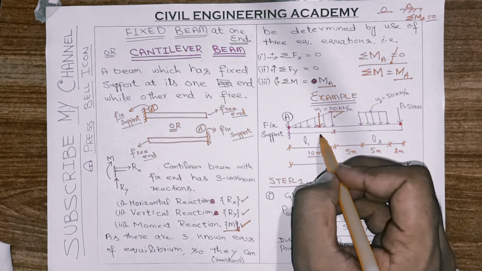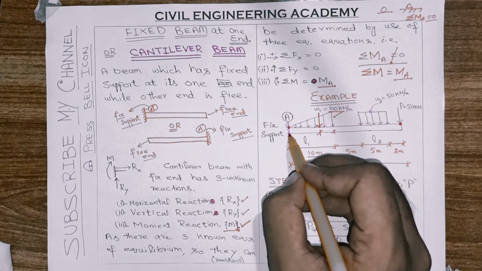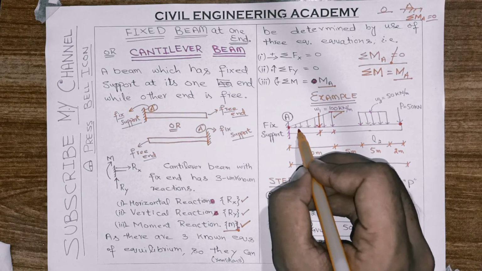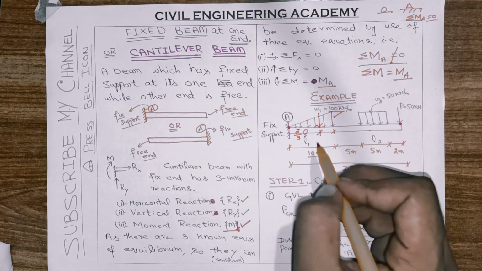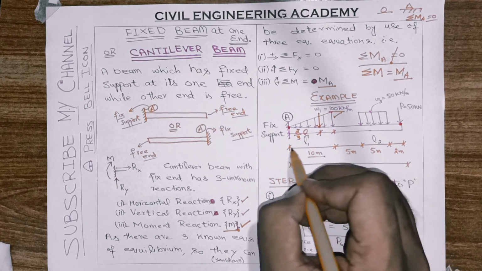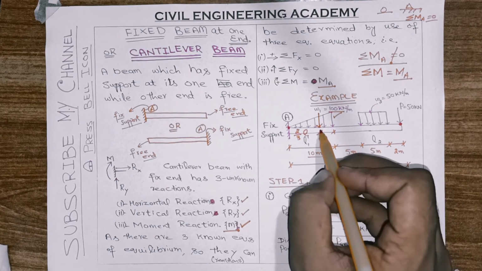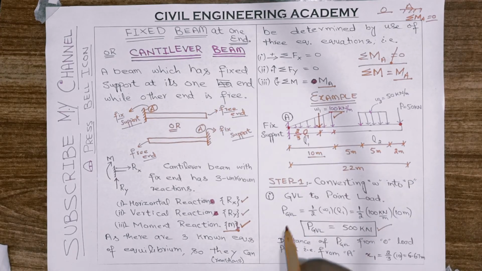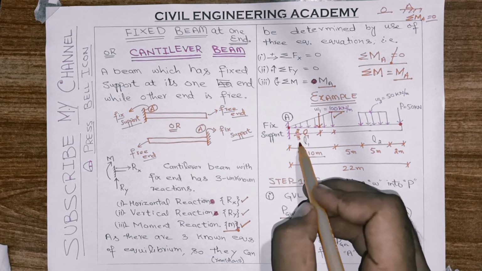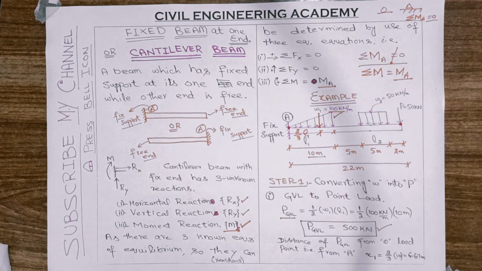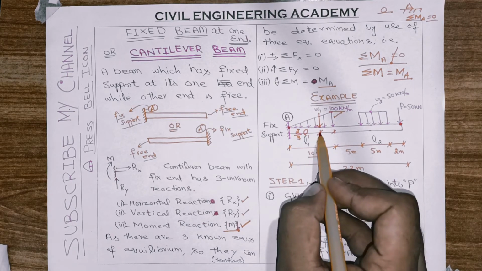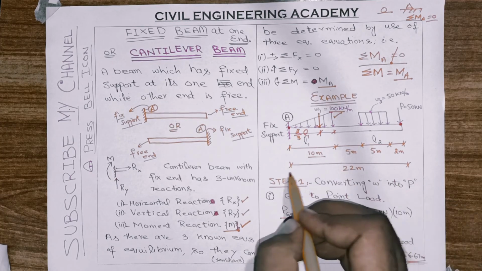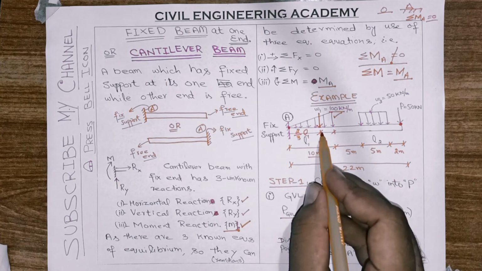So the distance of this point from this zero load point will be, as we previously discussed, equal to 2 by 3 L1, because this is the span length of load W1, and so the P1 or Pgvl will act at a distance of 2 by 3 of L1. So 2 by 3 of this L1, 10 meter, becomes equal to 6.67 meter. So the distance from this point to this point will be equal to